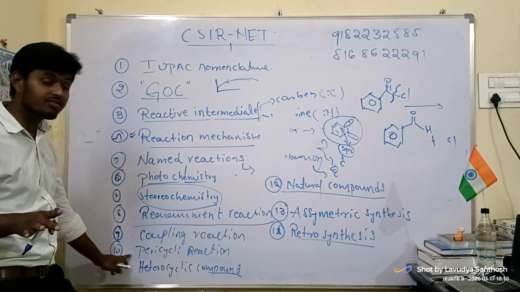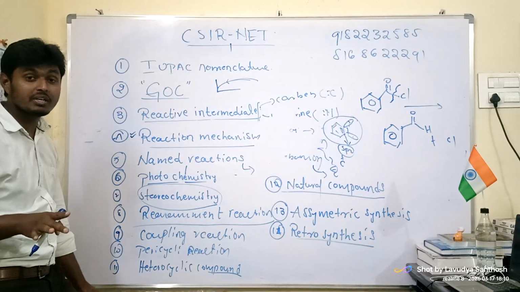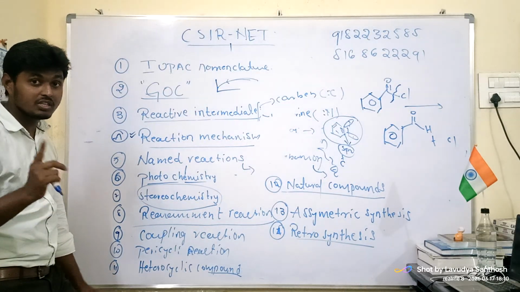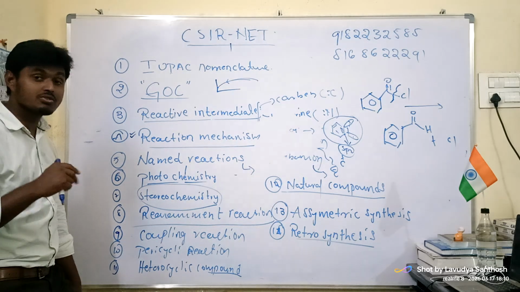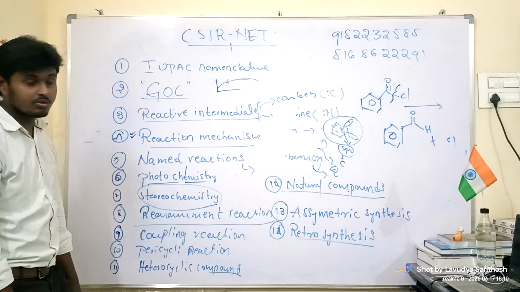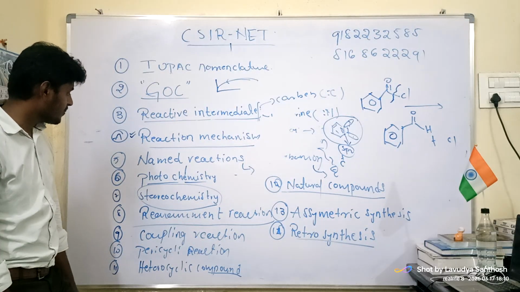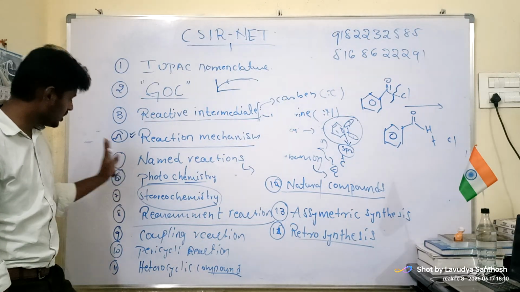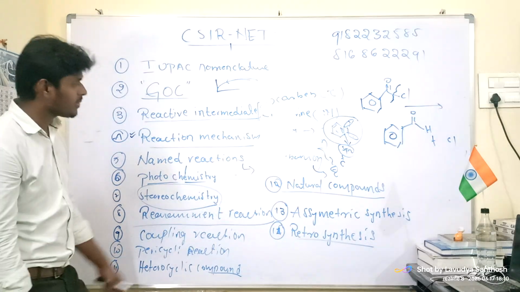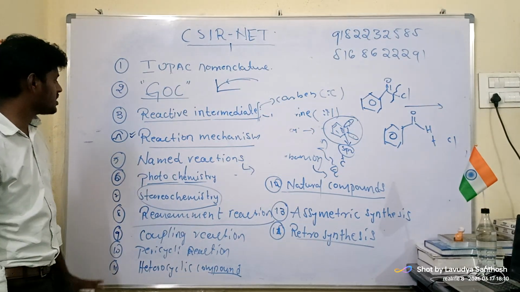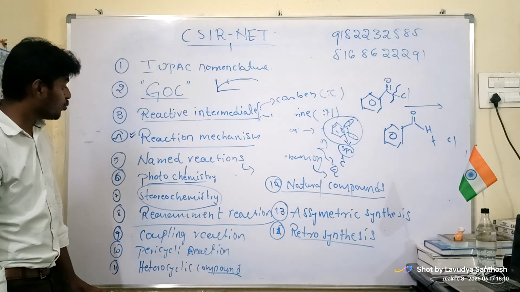Okay, pericyclic reactions are very important. Heterocycles are also very important. Heterocycles are nothing but purine, pyrrole and pyridine, that yesterday we discussed in our first class of GOC, and we also found their hybridization. Now stereochemistry is very important. Coupling reactions are very important. Pericyclic is very important. Natural products, retrosynthesis, and these are the topics that we have in our reagents.